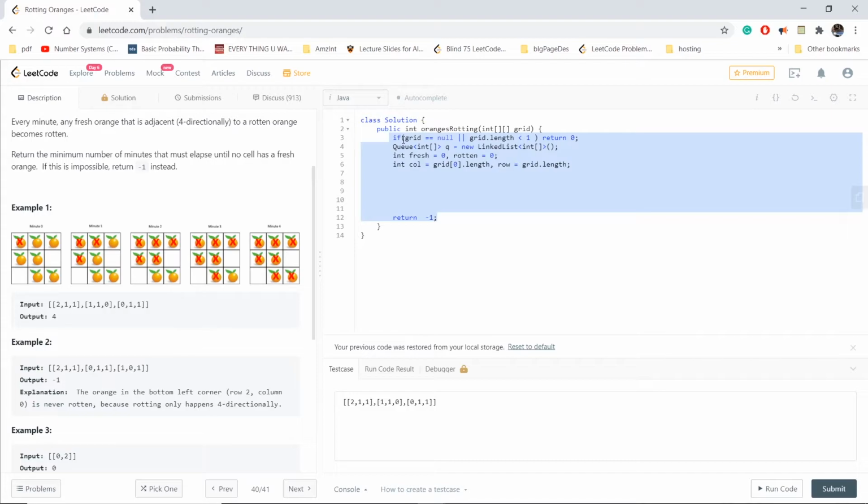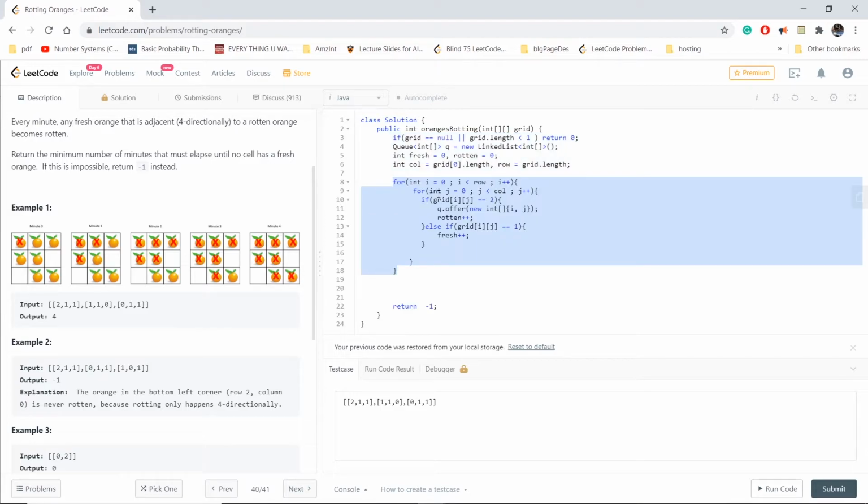Initially we have written the bad input condition. If the grid is null or the grid length is less than 1, then we return 0. And we are defining a queue, where we store all the rotten orange cell locations as integer arrays, and then we declared a few variables to count the existing fresh and rotten oranges.